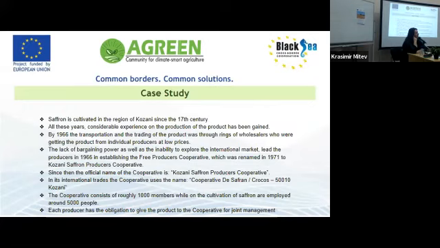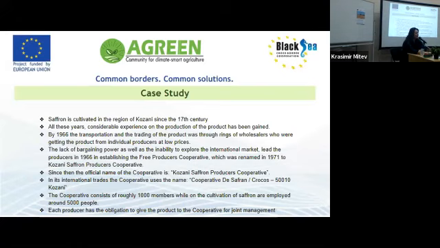Saffron is cultivated in the region of Kozani since the 17th century. All these years, considerable experience on the production of the product has been gained. By 1966, the transportation and the trading of the product was through rings of wholesalers who were getting the product from individual producers at very low prices. So the lack of bargaining power, as well as the inability to explore the international market,